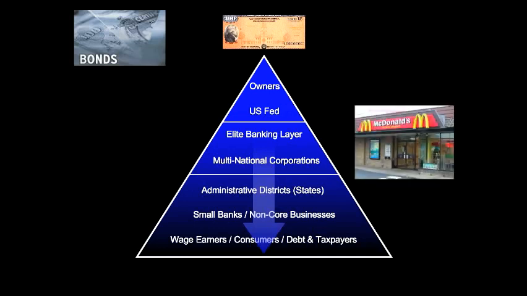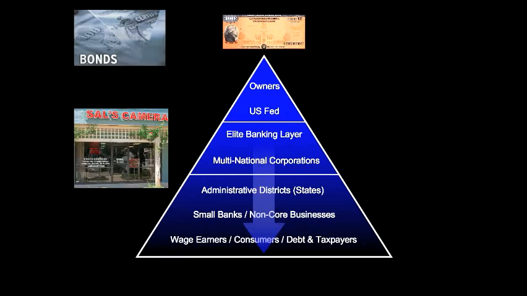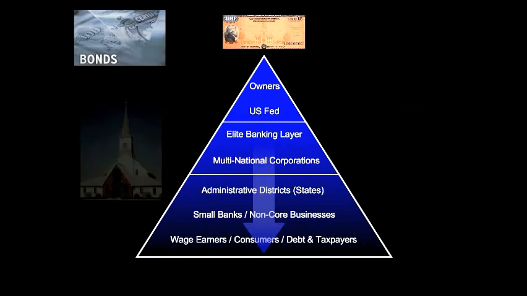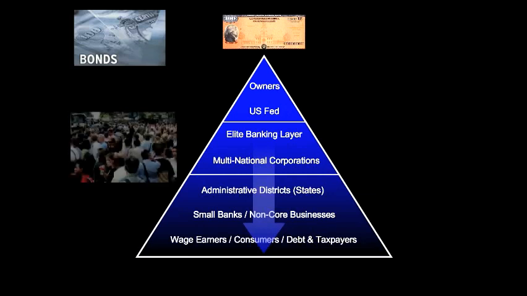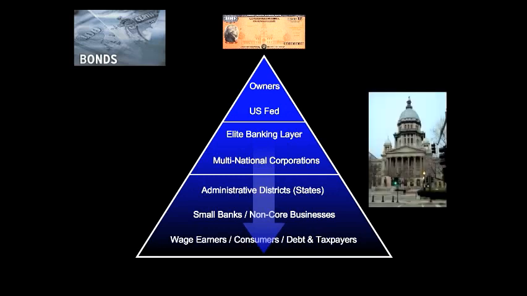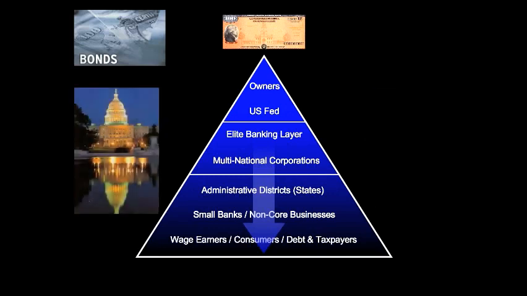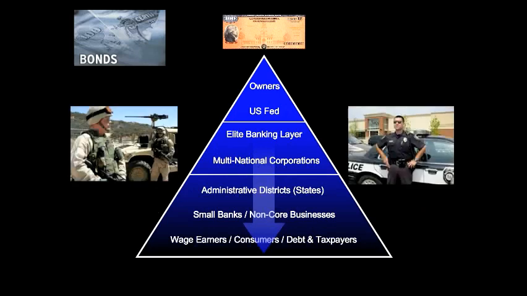Whether that's a multinational corporation or a small business or nonprofits like schools and churches, families are controlled by the bond market. In fact, most people in the world are controlled by the bond market in ways they aren't aware of. State governments are controlled by it, and of course the U.S. government itself in Washington, D.C. is controlled by the power of the bond market. This means organizations like the police and military are influenced by the bond market and these bondholders because every organization needs money, and all money comes from these bonds.